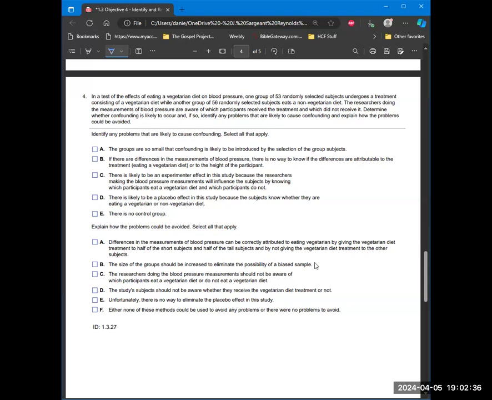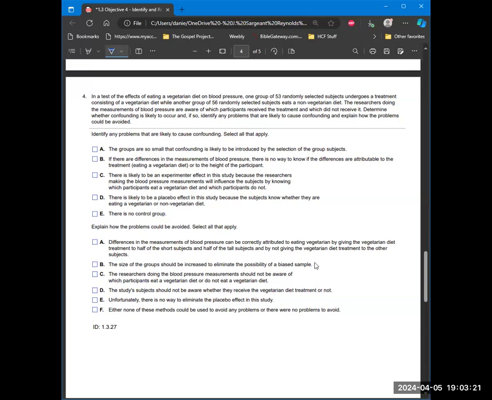So don't worry about the size of the groups. That's not something that's going to cause confounding. If there are differences in the blood pressure, can we know that it's attributable to the treatment, the eating of the vegetarian diet, or the height of the participants? There's nothing here saying that you gave taller people one or the other. So we had a good mixture of people. So that's not it. The only factor that we changed between the two groups of people was their diet, and everything else stayed the same. So